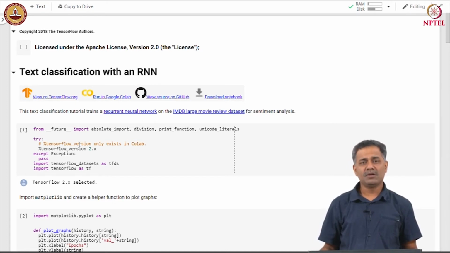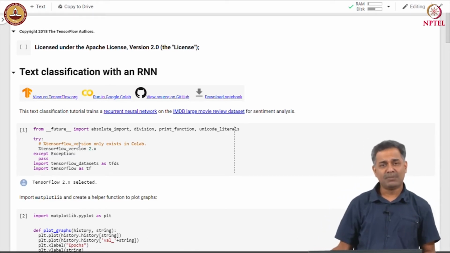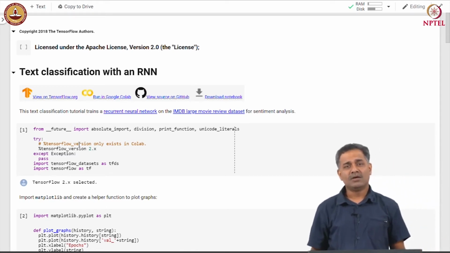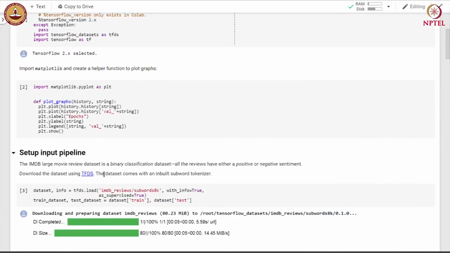We begin by importing the necessary libraries and downloading the movie review dataset using TensorFlow datasets. This dataset comes with an inbuilt subword tokenizer.